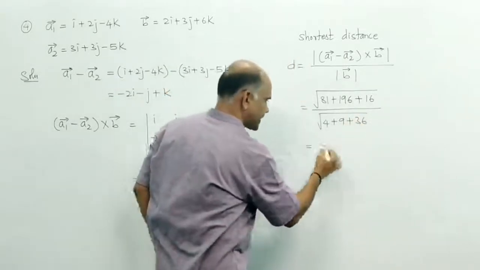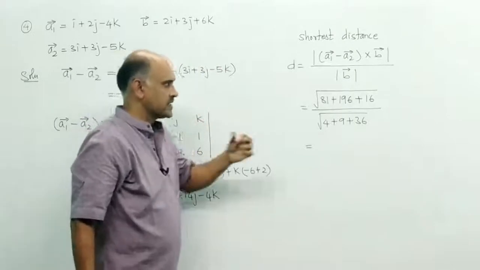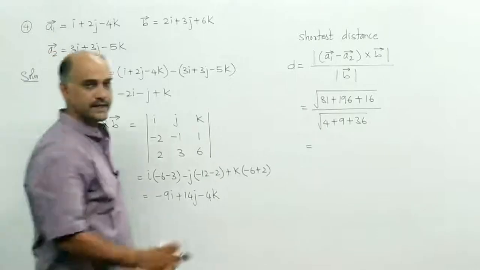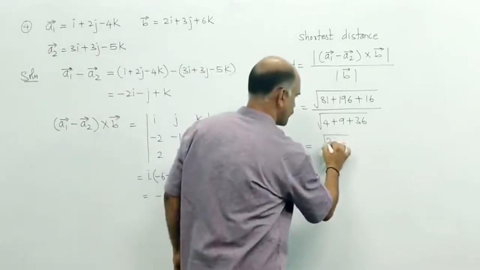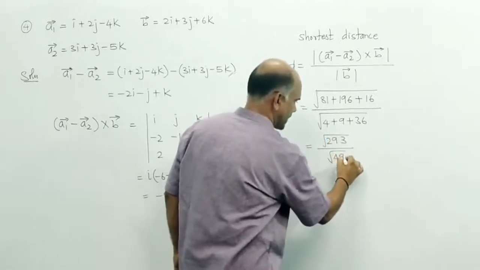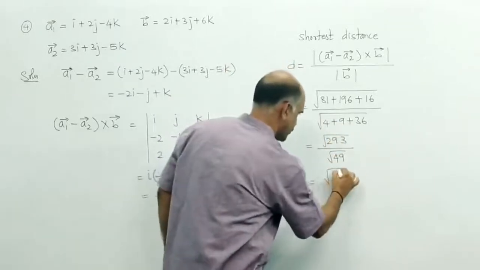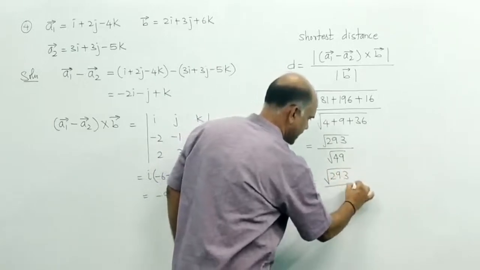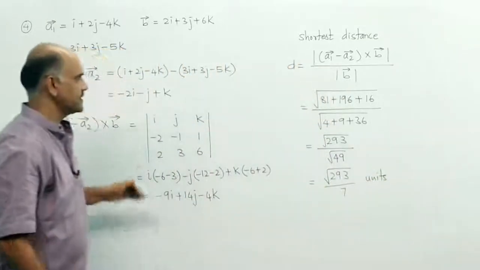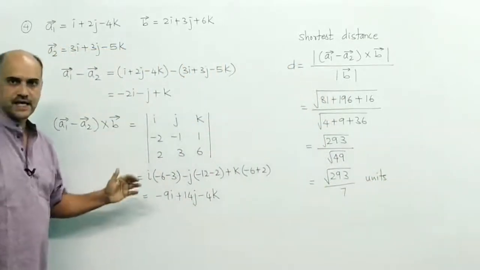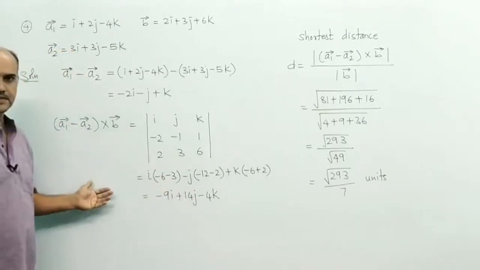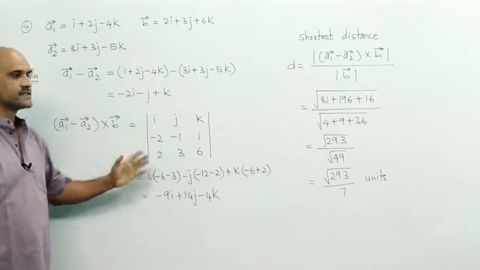So you can use a calculator and simplify. If you add these three using a calculator, you will have 293. So this is root of 293 divided by root of 49. So this is equal to root of 293 by 7 units. So this is the distance between two parallel lines, which has been asked twice in the annual exam for 3 marks. Clear, students? So in the next video we will see problems on